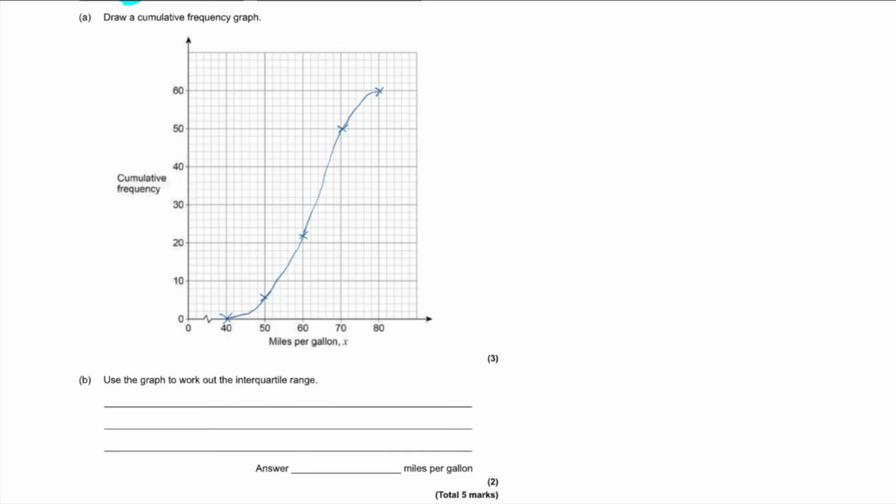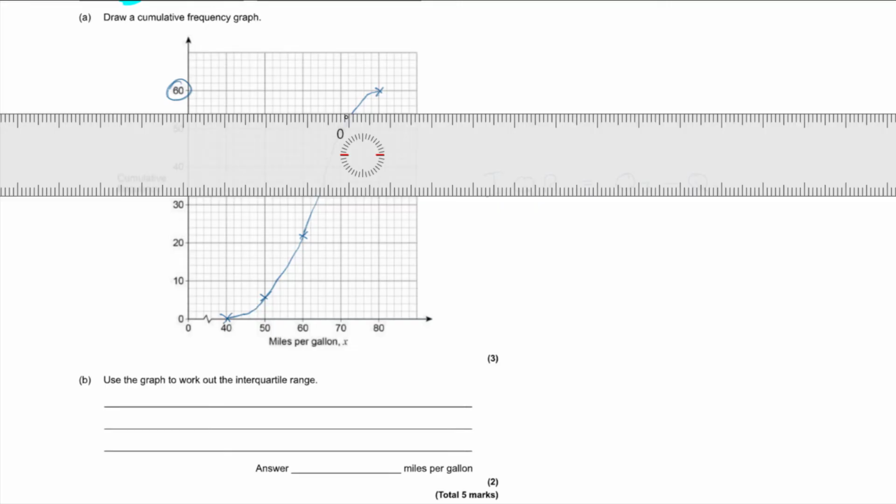Use your graph to work out the interquartile range. Okay, so the interquartile range, that is Q3 minus Q1, the upper quartile minus the lower quartile. Now the upper quartile occurs 3/4 of the way through your data, and the lower quartile occurs 1/4 of the way through the data. Now we've got 60 values altogether, so if I take 60 and divide it by 4,